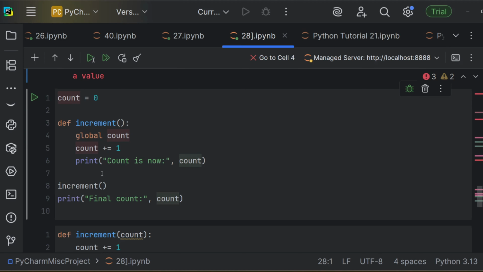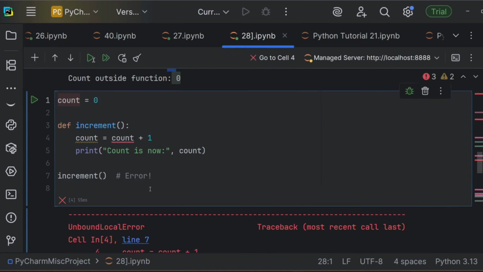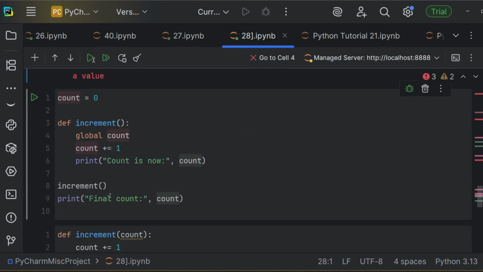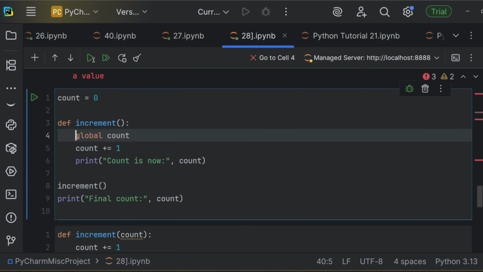What if you want to turn a variable which you put inside a function, which is local, into a global variable? To modify a global variable inside a function, you need to tell Python, hey, I mean the global version, not a new one. That's where the global keyword comes in. Let's fix our previous code now. Over here is the same thing, but this time we want to put global before count, telling Python it is global.